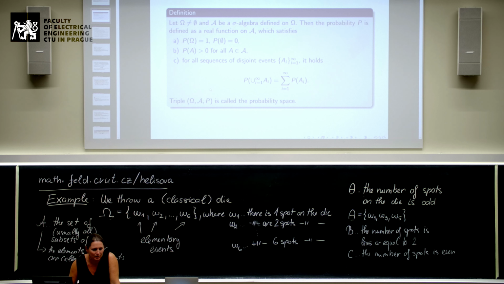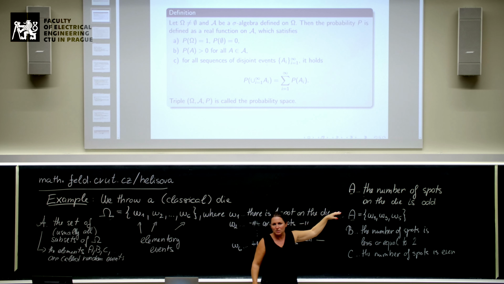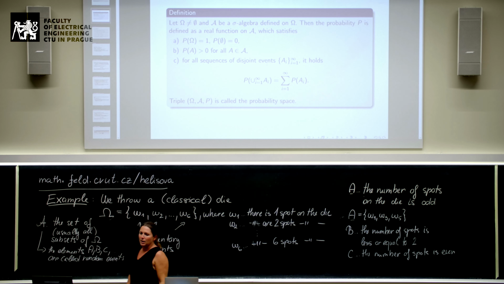And the third property which defines the probability is that when we have the sequence of disjoint events, which means that they are disjoint from the set point of view, so it means that there is no intersection in the set of the elementary events which defined these events, then the probability of their union can be calculated as the sum of the probabilities of the events. So for example, when we consider our events here,